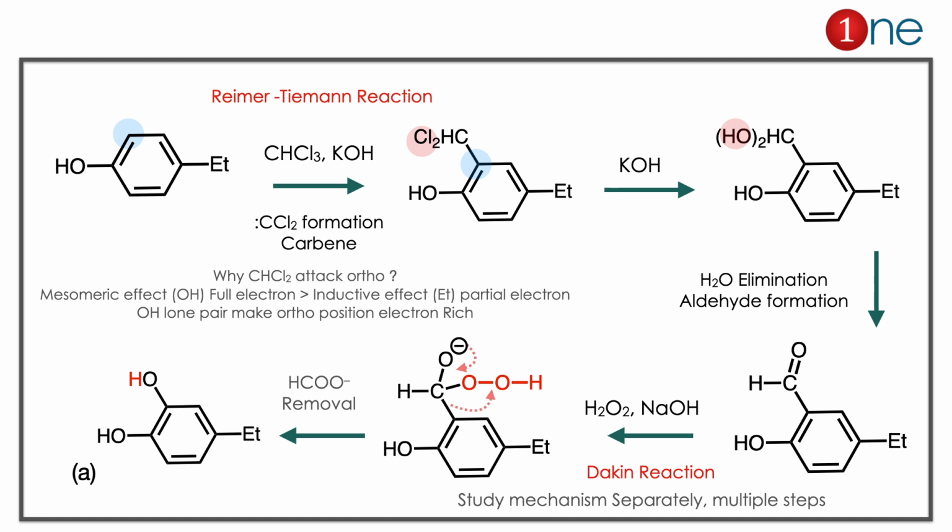Here, you have to learn two important things. One is that the mesomeric effect is stronger than the inductive effect because of the electron density. The mesomeric effect always has a full electron pair and the inductive effect always has partial charge. The second thing is the Dakin reaction. The Dakin reaction is a kind of rearrangement where you have to imagine the carbonyl group going to alcohol there. So you are removing the carbon from the system. So it's a very important one.